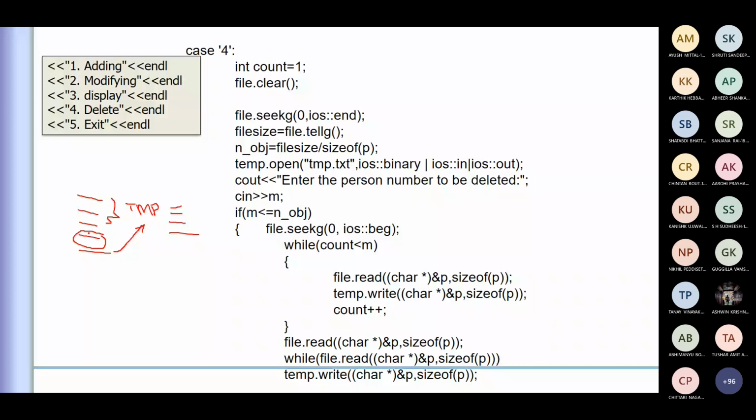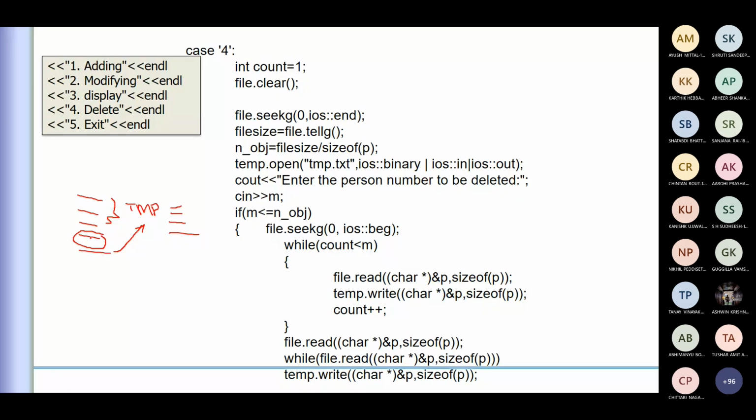Okay, so you just make out there are five objects and it is less than whatever the user asked. In that case, it will come to this. So it will go from the beginning of that, until the count, which you are incrementing. We'll see that it is initialized to 1 here. So it will go until this element, or whatever you are trying to delete.